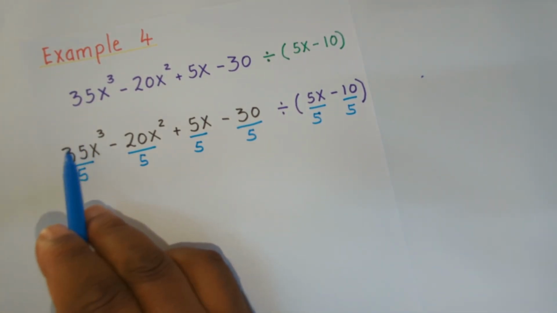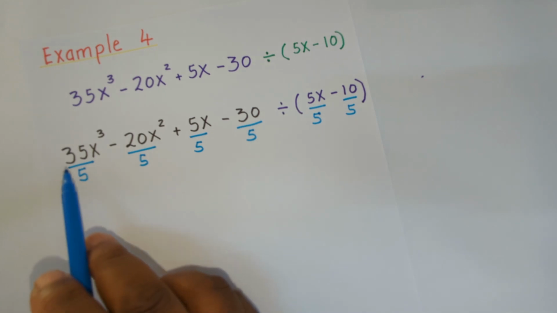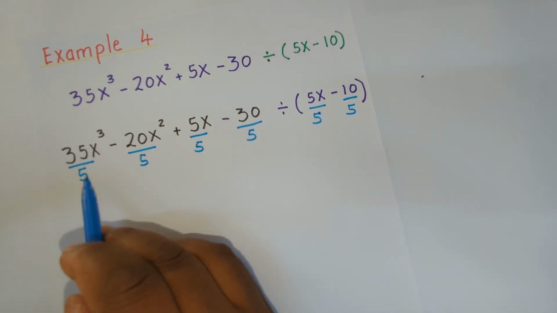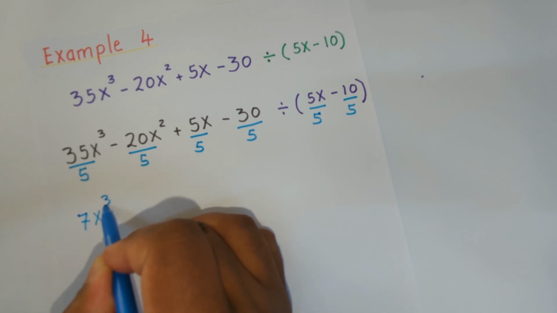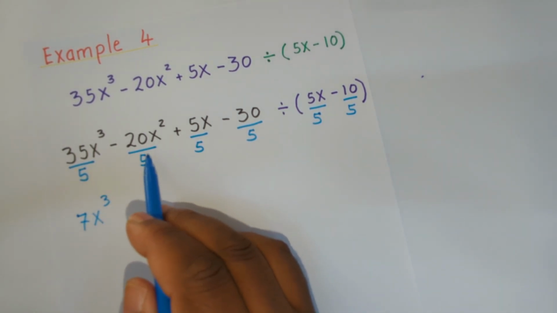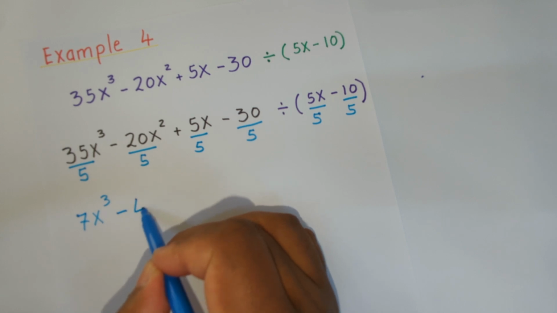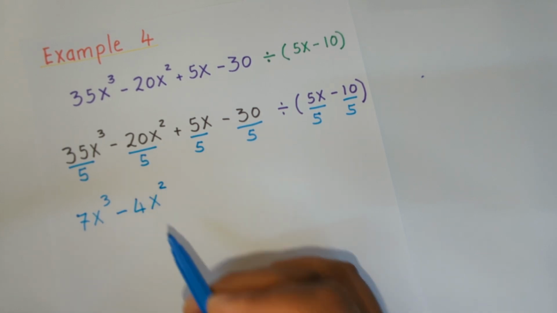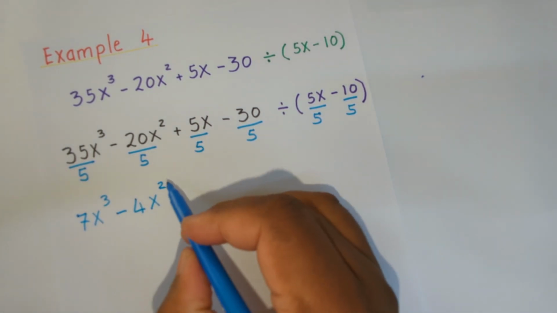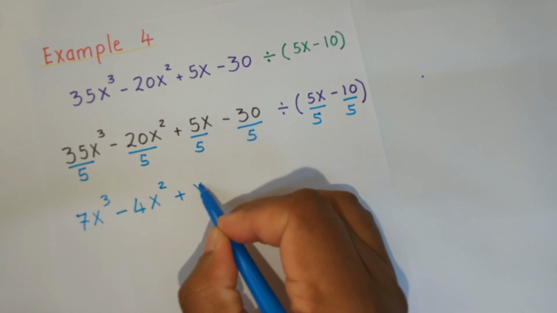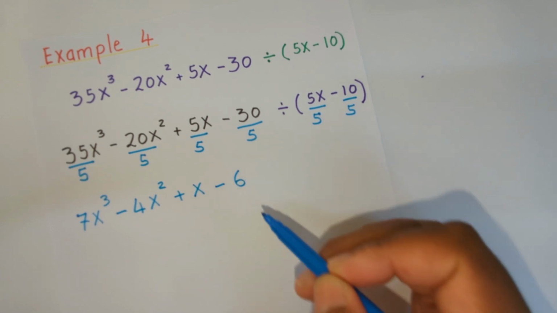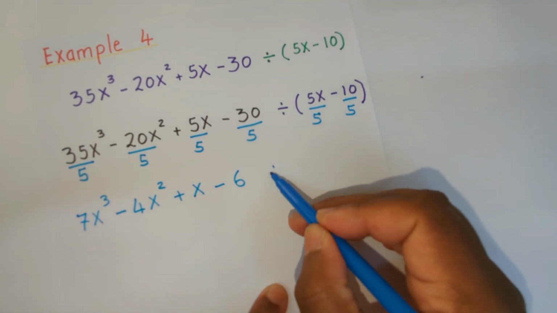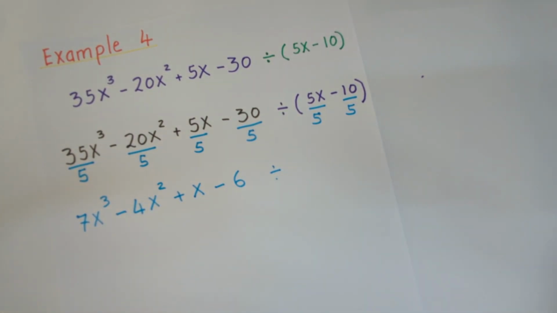So let's rewrite the simplified question. 35 divided by 5, that's a 7. So this will be 7x to the power 3. Negative 20 divided by 5, that's negative 4x to the power 2. 5 divided by 5, that's a 1. So this is plus x. And negative 30 divided by 5, that's negative 6. So this is being divided by